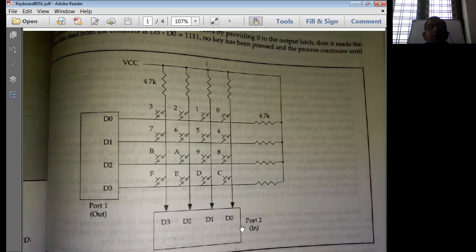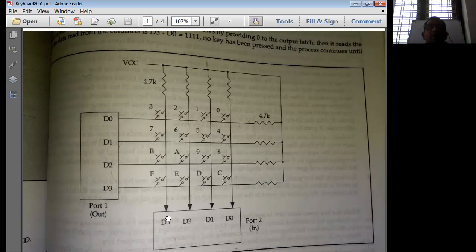Now we have to identify whenever a particular key is pressed. What happens is that D3 is simply connected to the ground in a closed loop path. The current coming from VCC simply goes to the ground via this horizontal line. Therefore, this particular bit becomes 0.